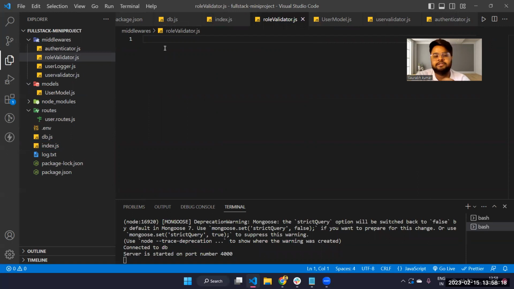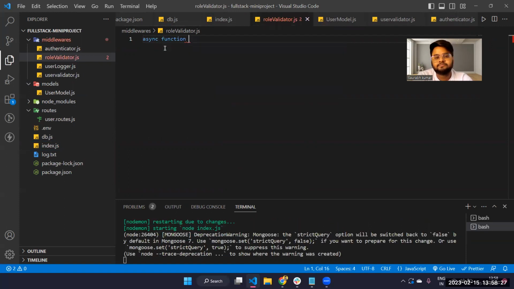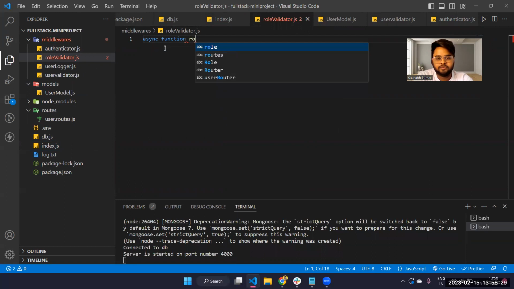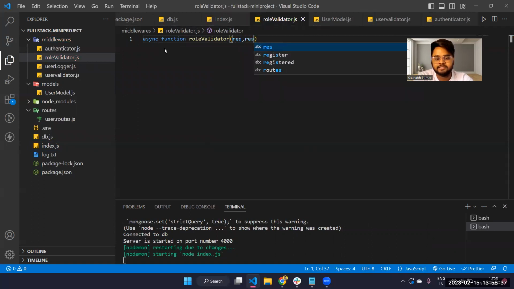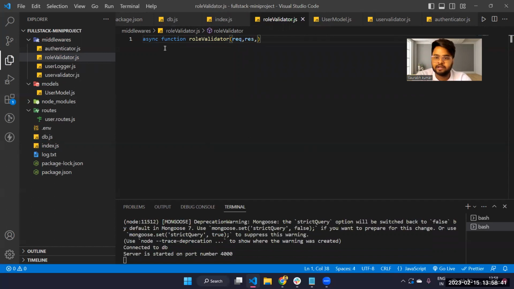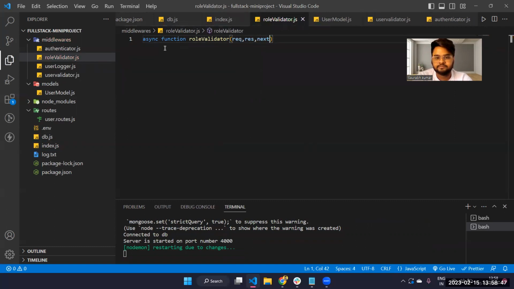and we are going to say here async function role validator. Basically it will verify the role of the user, that is admin or something, and after that it will work on update and delete. So let's just say next here,